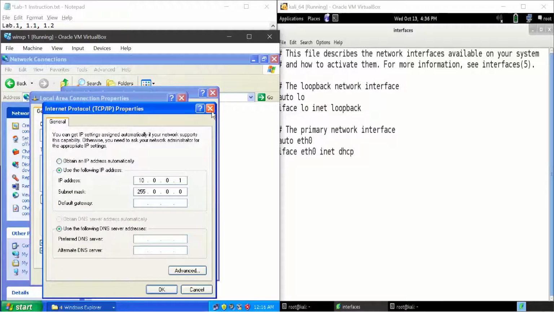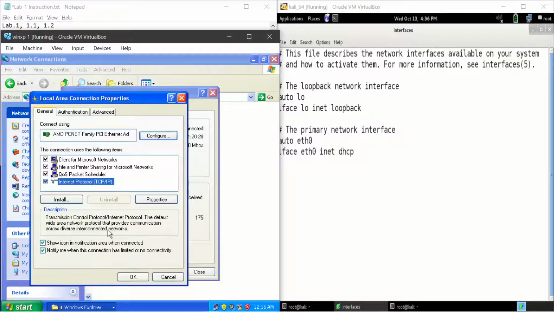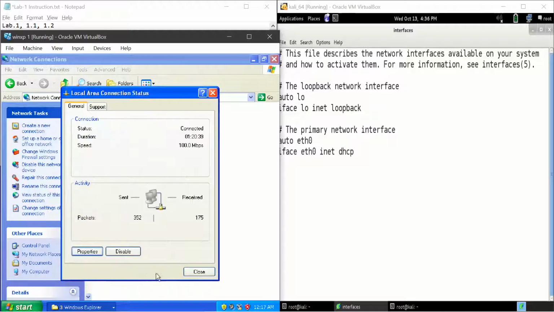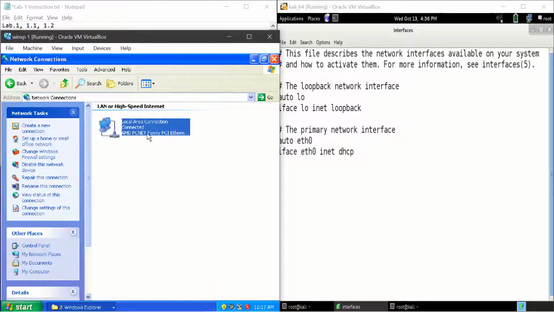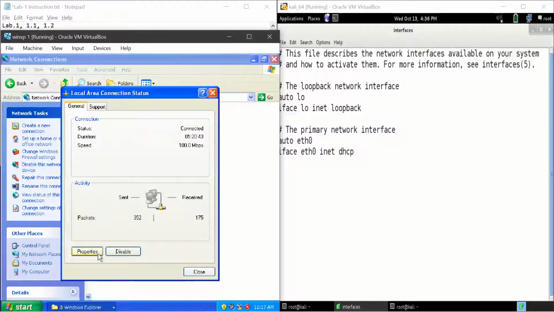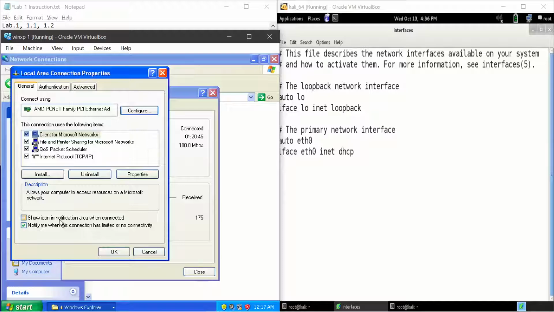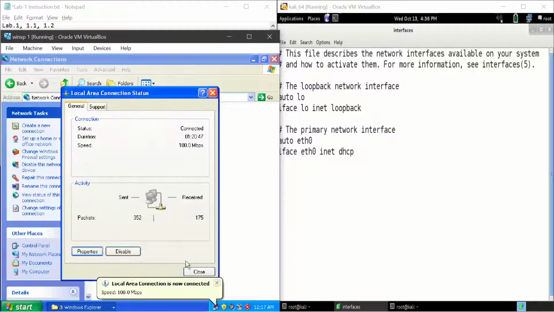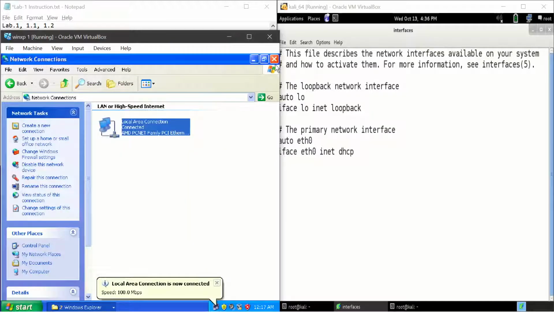Also you can bring back the icon. For example, you see the option 'show icon in notification area when connected'. If I disable it, the icon will go. Again I go back to properties and make it show and it will come. Close.